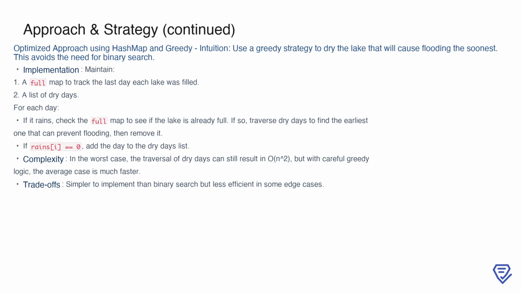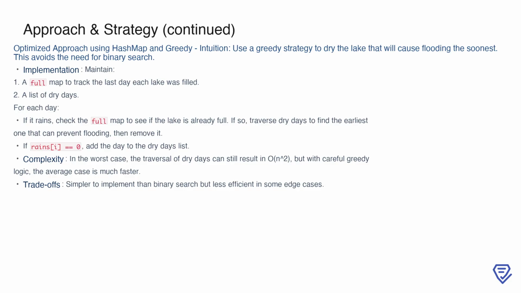If it is, we traverse the list of dry days to find the earliest one that can prevent flooding, then use the dry day and remove it from the list. On the other hand, if the current day is a dry day, we simply add it to the list for potential future use. While this approach is intuitive and simpler to implement than the binary search method, it has a